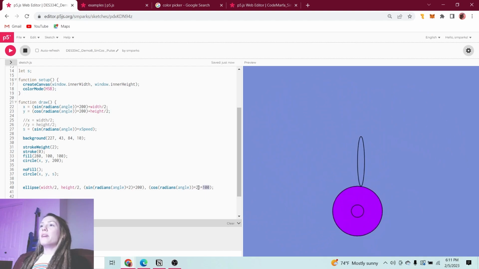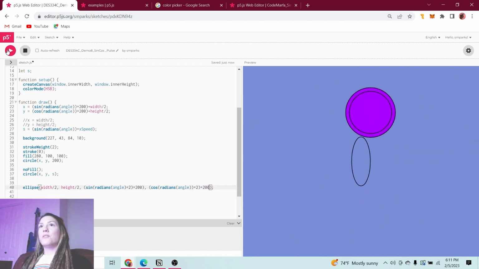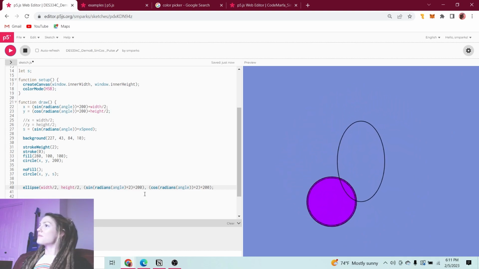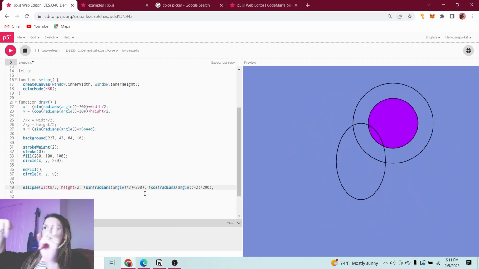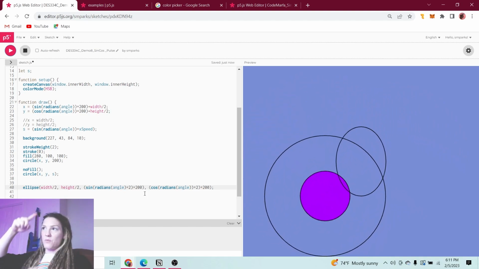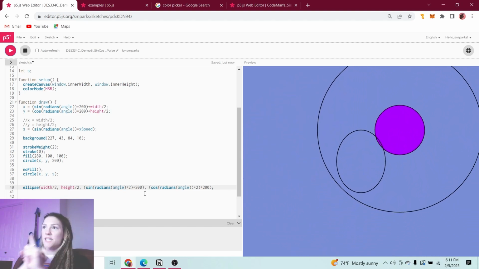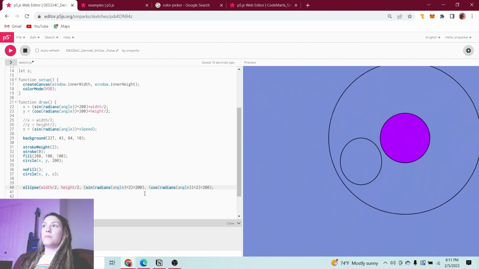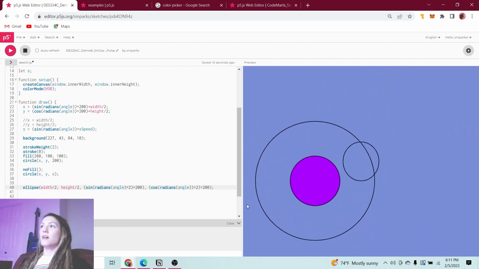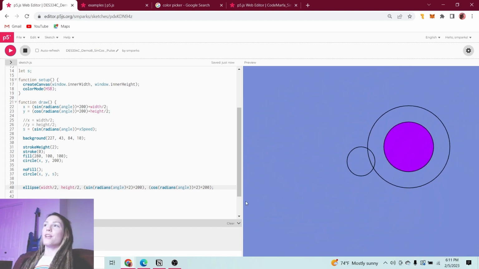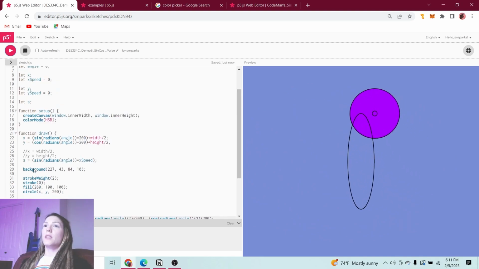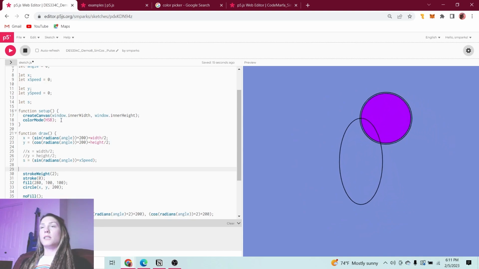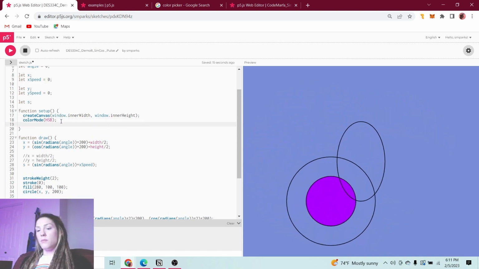Cool. So if we make it the same number, 200, 200, both the X and Y size are changing. So when you do it with an ellipse, it has a little bit more of a distorted character, which is fun. If we come up here to the background and we put that background in the setup,